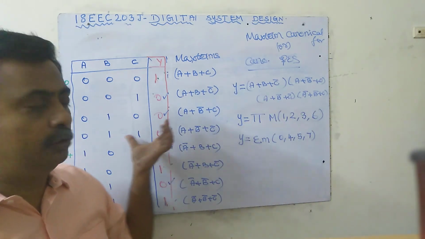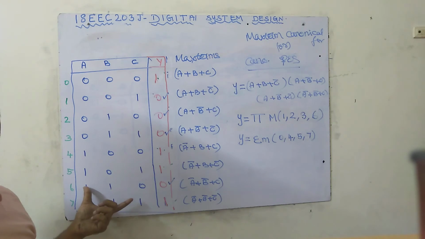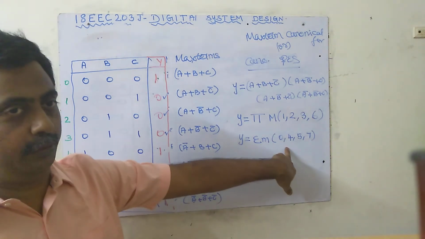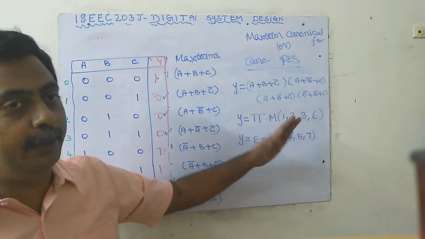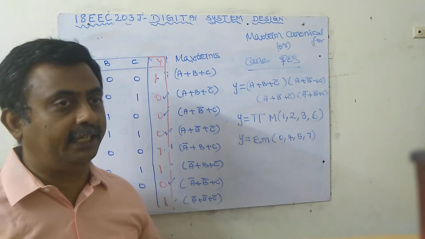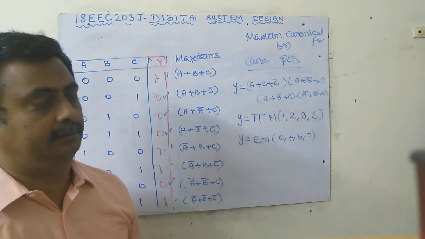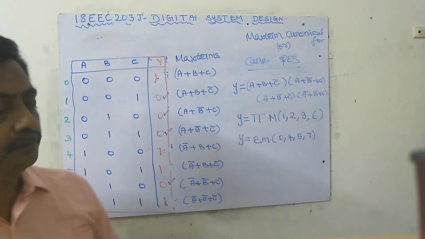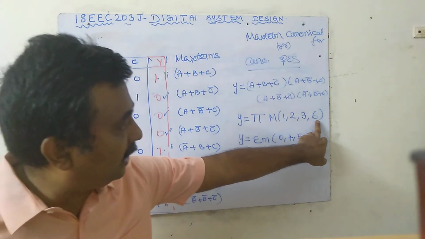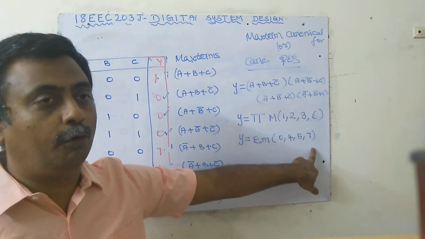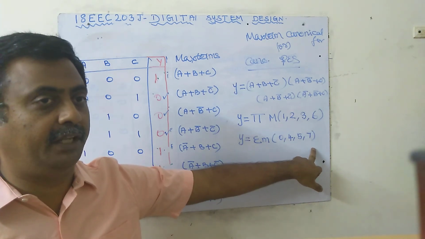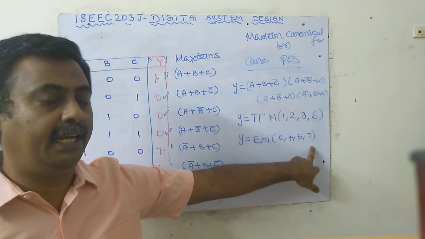Both are the same only. So you should know how to write the truth table, though you need not write it. Then, using the K-map method or the Quine-McCluskey method, you should be able to reduce this equation and implement it. So for max term and min term, first identify whether it is min term or max term. Next see the maximum number value. If it is 7 or less, it is a 3 variable function. If 15 or less, it is a 4 variable function.